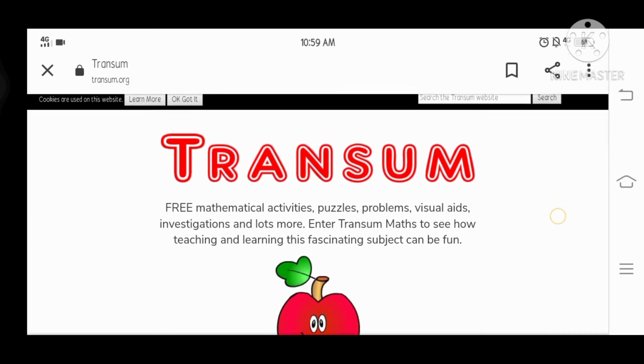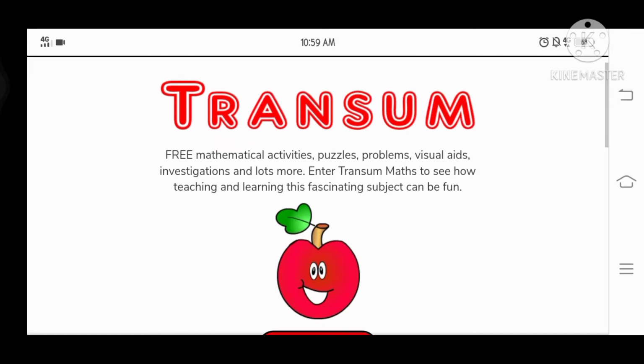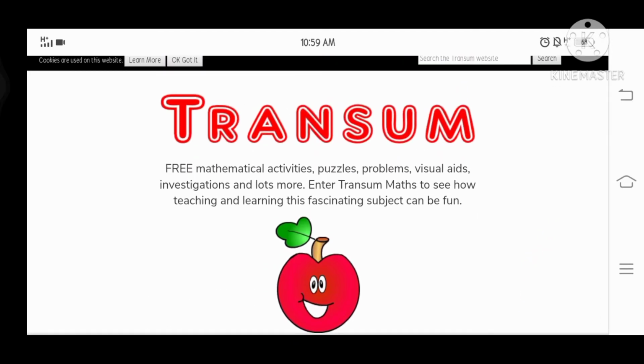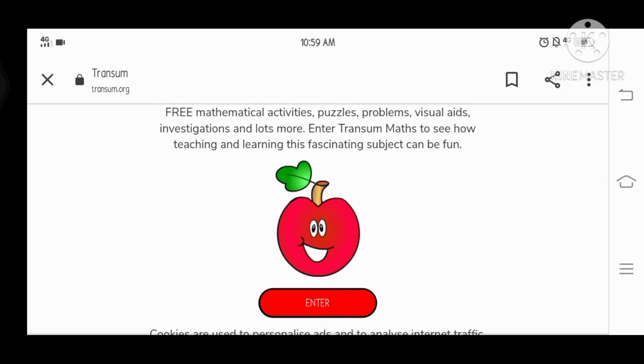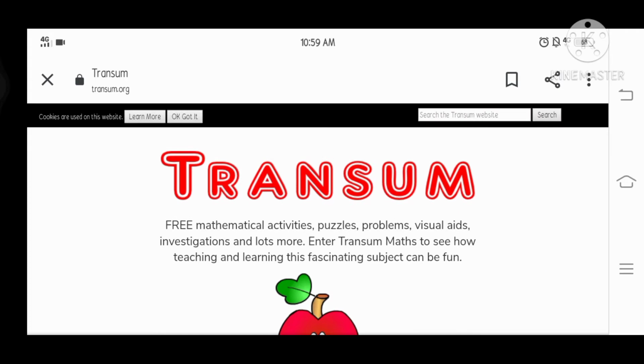So here it is, Transum. What is Transum? It has free mathematical activities, puzzles, problems, visual aids, investigations, and lots more. In this website, there are many varieties of activities related to our syllabus, and you have to do the activity on this website today. Today we will do the activity related to our lesson just now, that is straight line,